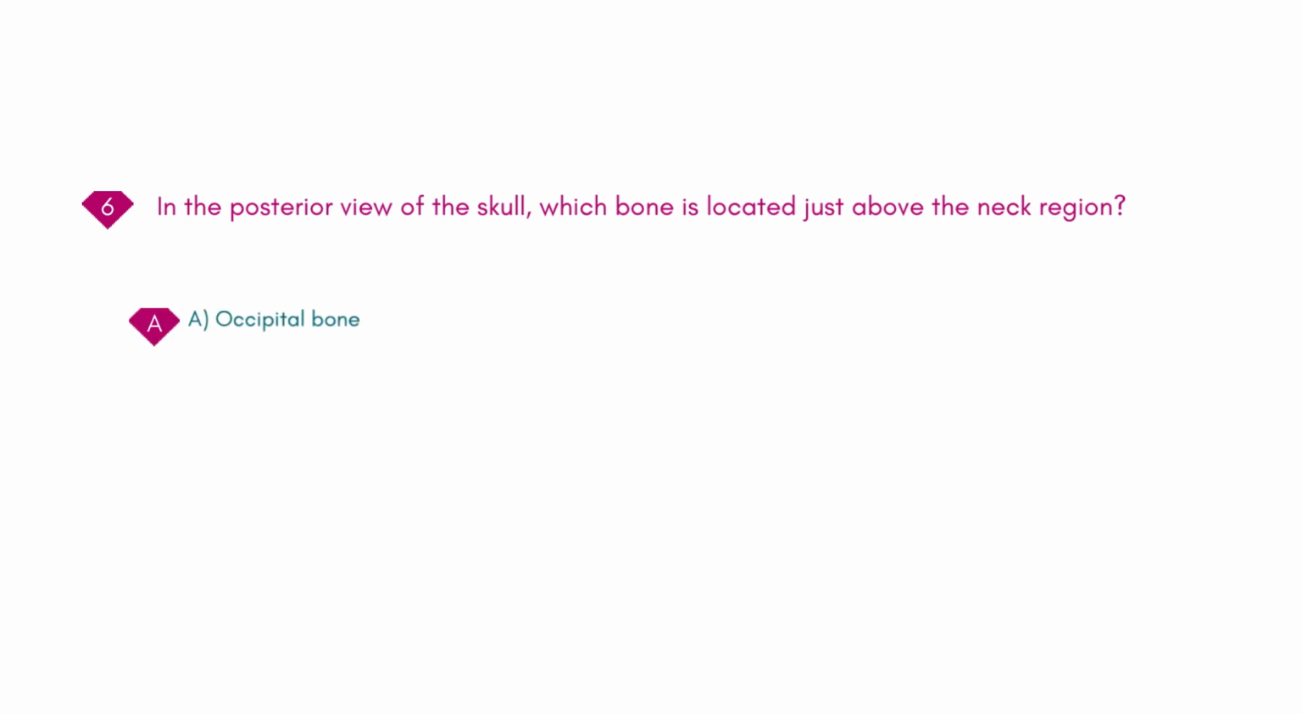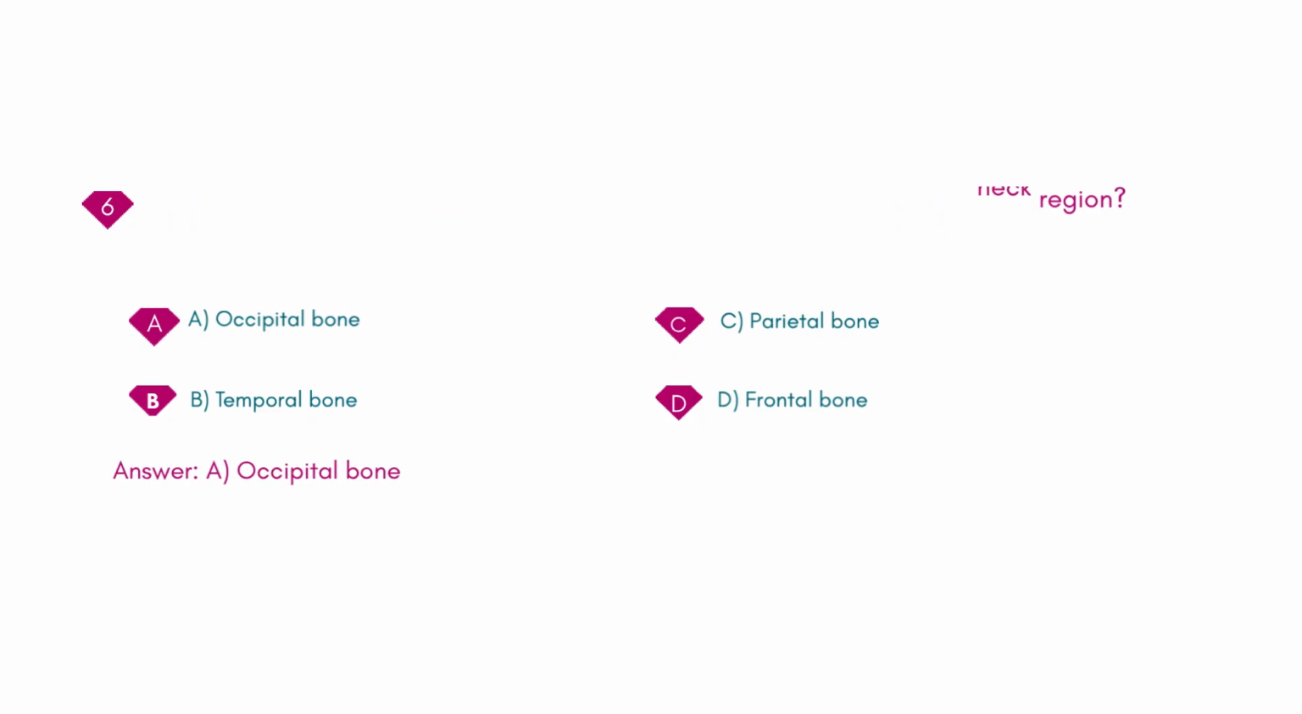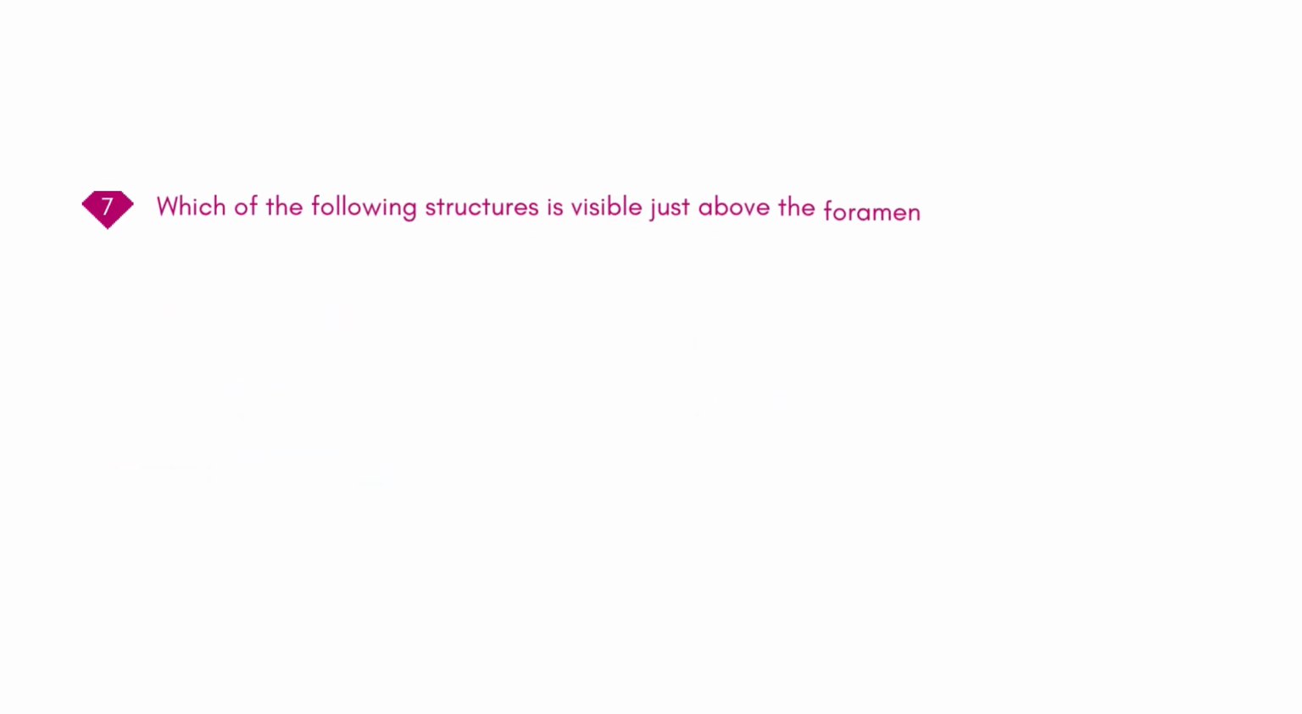A. Occipital bone. B. Temporal bone. C. Parietal bone. D. Frontal bone. Answer: A. Occipital bone. Which of the following structures is visible just above the foramen magnum in the posterior view